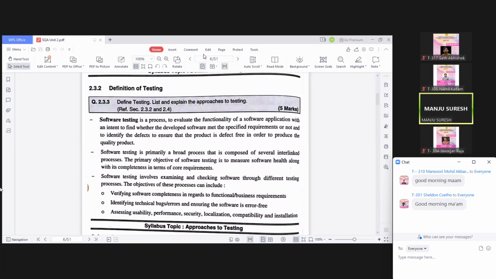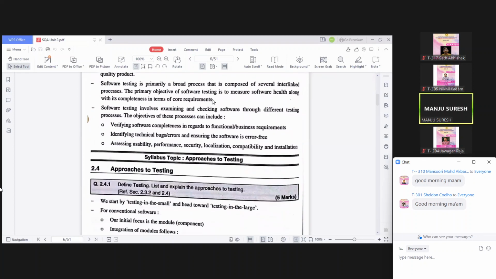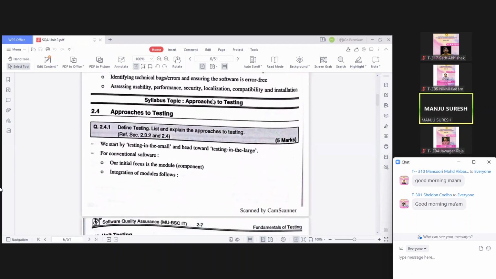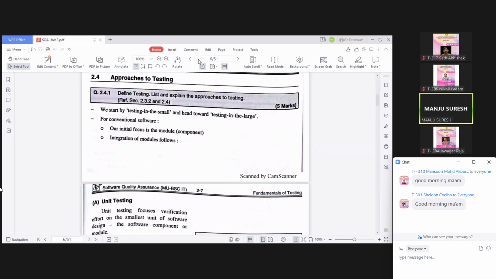See, yesterday we had done psychology of testing, right? Today we will start with approaches of testing. In that, we are moving from testing in the small towards testing in the large. Now, what does that mean? When you are given a project, we will always start testing a component, and then gradually we go up with different other components, and finally the collection of all components into a single system. So we cannot test the entire system as a whole. Rather, we go from small to large. Okay.